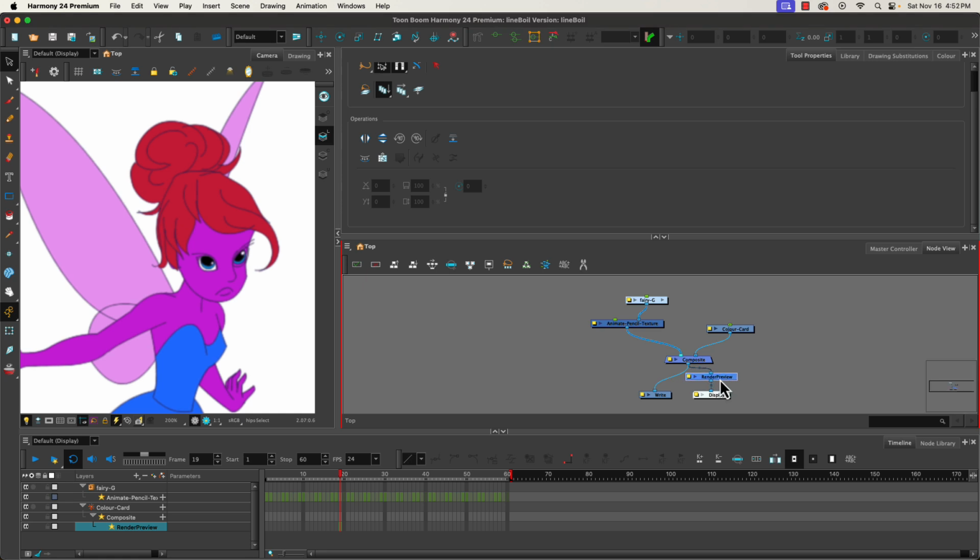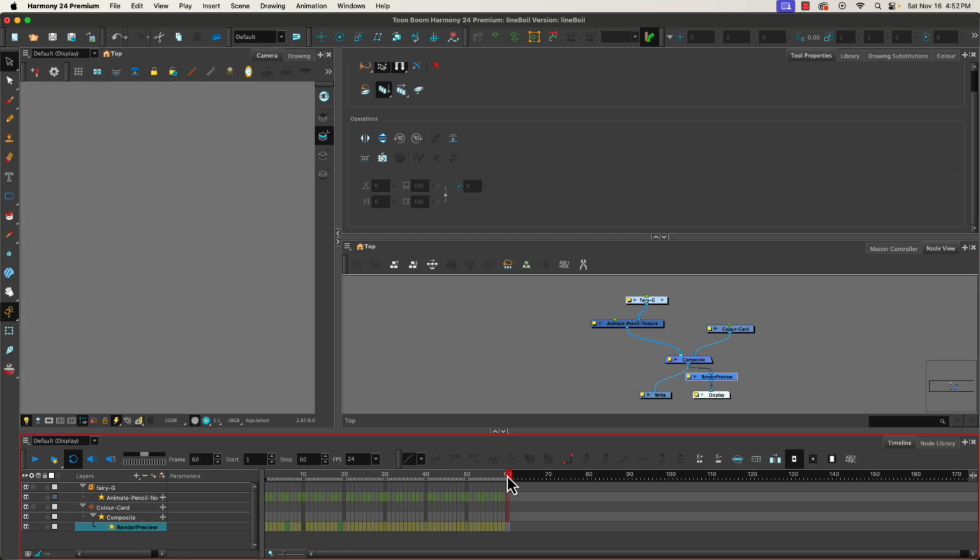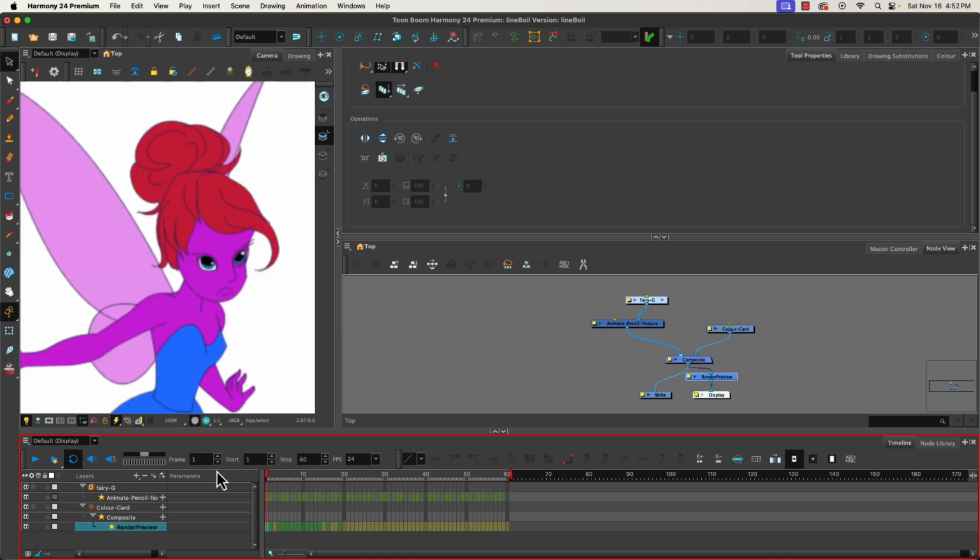Now we'll see in the timeline with this render preview that is happening is if I scrub the timeline, we can see how now those frames are starting to fill. So by scrubbing it, it turns them yellow and then it's going to fill them. Now what we also see is the Animate Pencil Texture. We can see where it's doing every 2 frames something is animating. But now that my render preview is full,